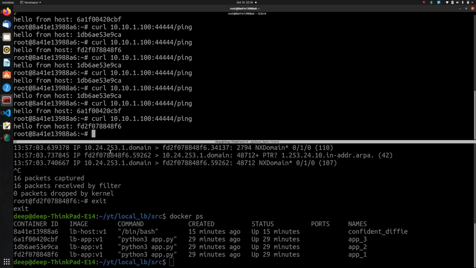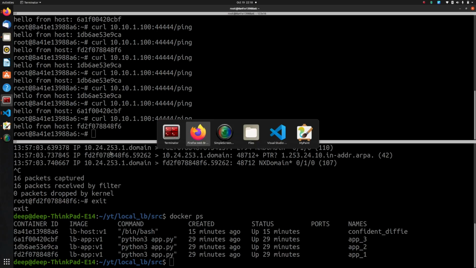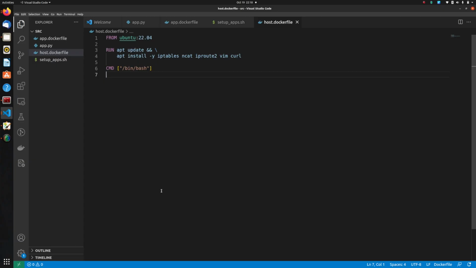So yeah, that's pretty much what I wanted to discuss in this video. I wanted to show this cool feature provided by iptables and how you can convert literally any Linux host into a kind of load balancer, or add load balancing capability to any Linux host without adding any external load balancing software, and how you can change the destination IP to a different destination IP and do this kind of proxying and load balancing, right?